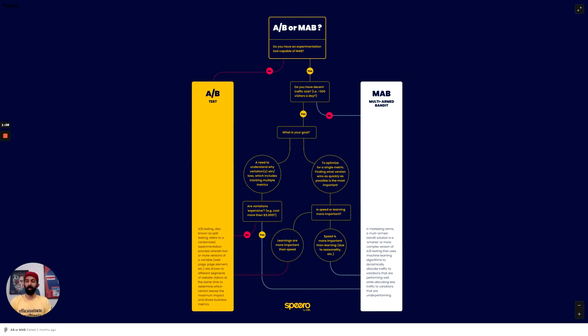Multi-arm bandit does not split traffic evenly, and in fact, if it's splitting something evenly, then either there's a problem with your tool or there's basically no significant difference in the variations that you're testing across. What you'll end up seeing is it'll probably be split 50-50 if you have two versions, and then you'll start to see one version really pull away. And it'll auto-allocate more and more traffic to the version of the multi-arm bandit that is winning by the pre-selected